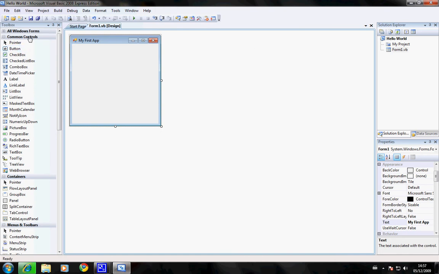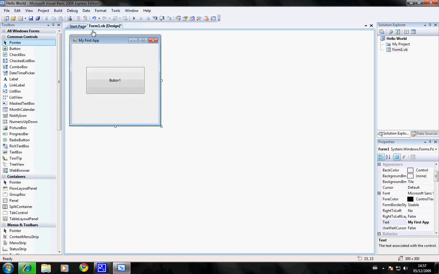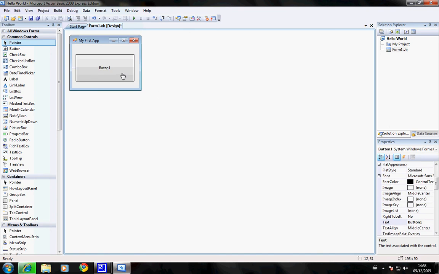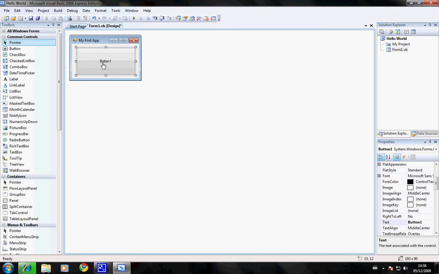So in here, under common controls, just click button. Now drag, and you should just make a button, try to center it, click on the form, and then use the little pulley things, just make it a bit smaller. I didn't in the other one, but it just looks a lot cleaner and more thought out basically. So you just want to try get like that, bring this up a bit, there we go. So voila, click on the button, go here again where it says text. I'm just going to change it to click me,